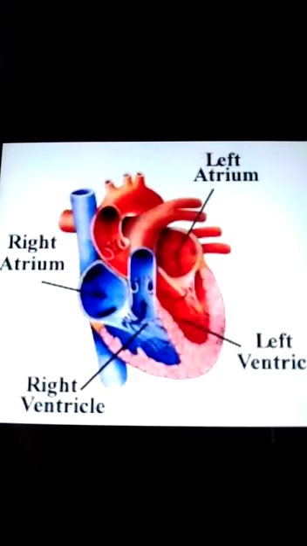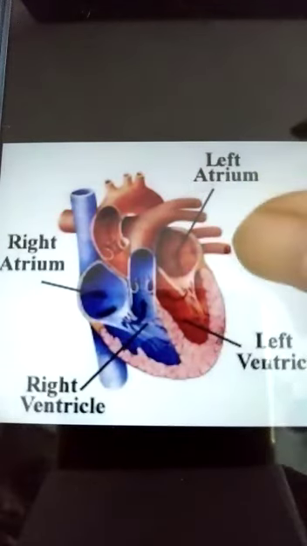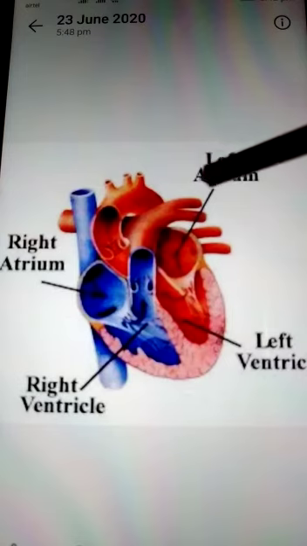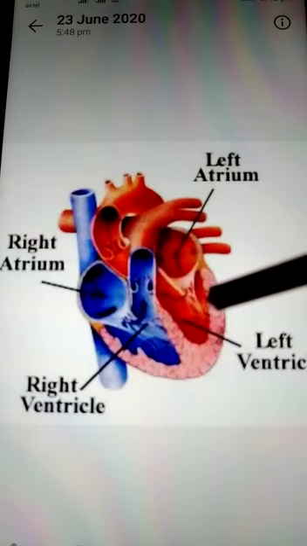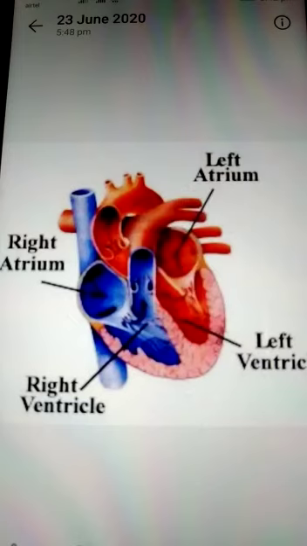So from this diagram you can understand that the left side is basically with respect to collecting oxygen-rich blood, meaning it collects oxygen from the lungs and distributes the oxygen-rich blood to the body, and the right part is with respect to the deoxygenated blood. Deoxygenated blood means the blood which doesn't have oxygen in it. Hope you are thorough with the 4 chambers in the heart.